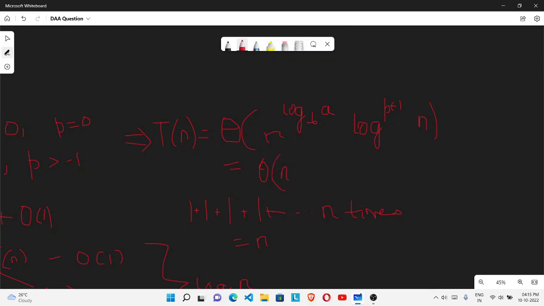Log a base b is log 2 base 2, which is 1. So n raised to 1 is n, and log